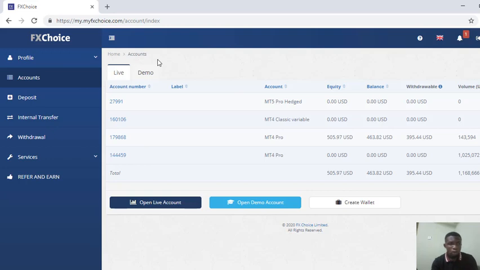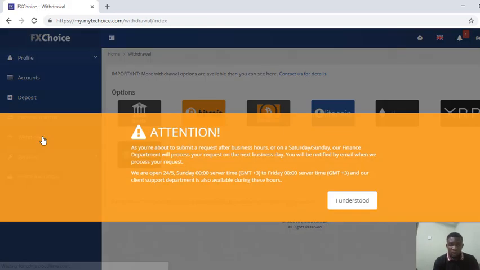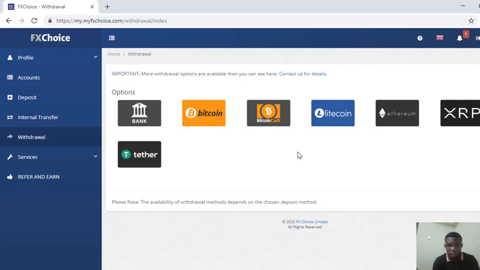So let's quickly go to how we can make our withdrawal on this broker. If you want to make a withdrawal, just click on this. After clicking on this, as you can see now, we also have a lot of options with which you can make a withdrawal.